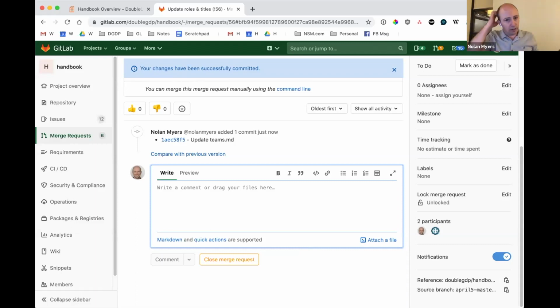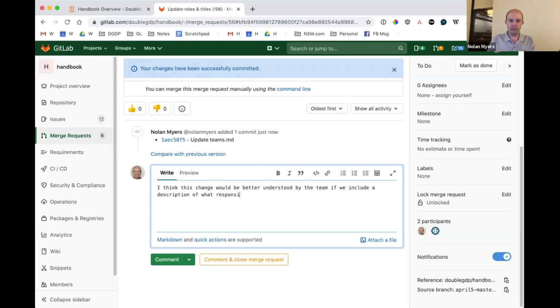So there are a couple of ways that we could do this. Let me actually just type this in. I think this change would also be better understood by the team if we include a description of what responsibilities you will assume.